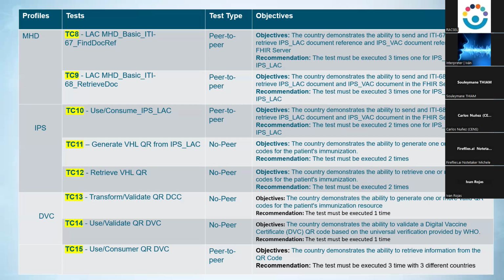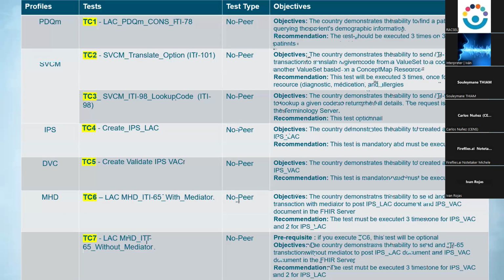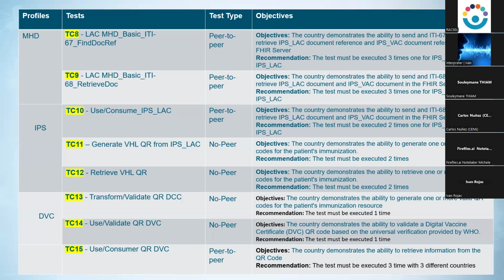Once you achieve all of these tests, you can switch to TC13. In TC13, the country has to demonstrate the ability to generate one or more valid QR codes for a patient immunization resource. That means the IPS VAC you created in test case number 5, you need to transform into a QR code.